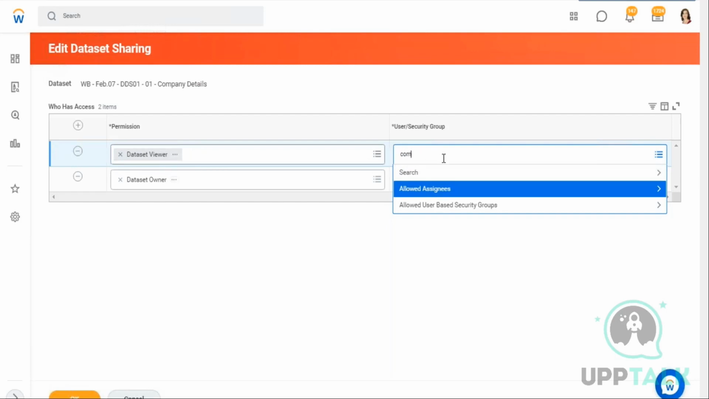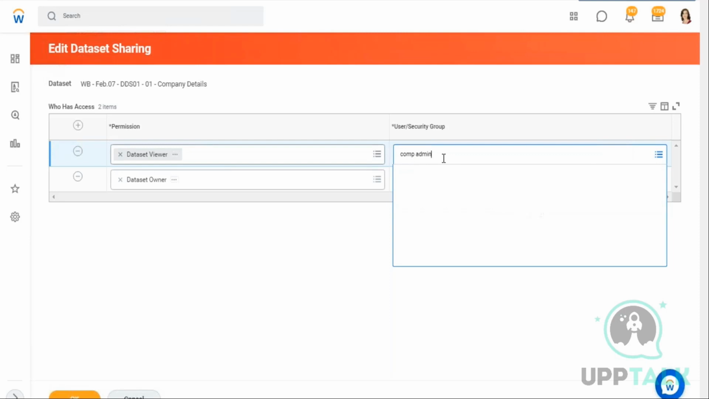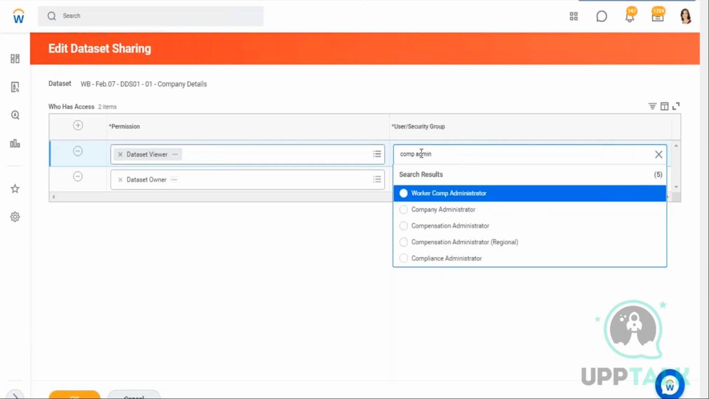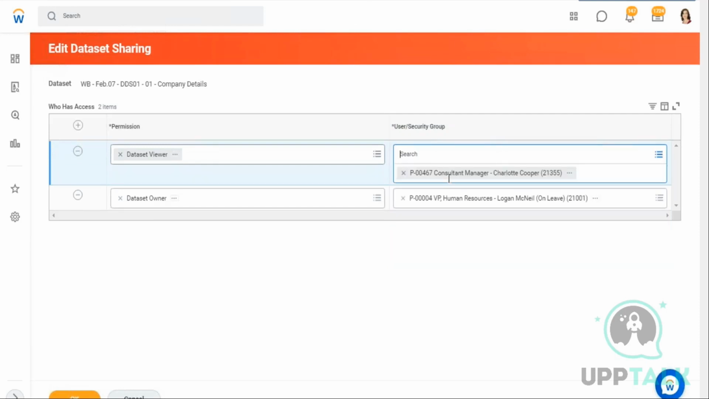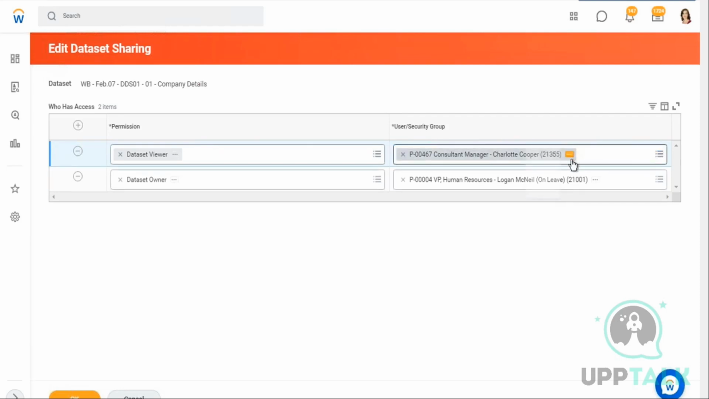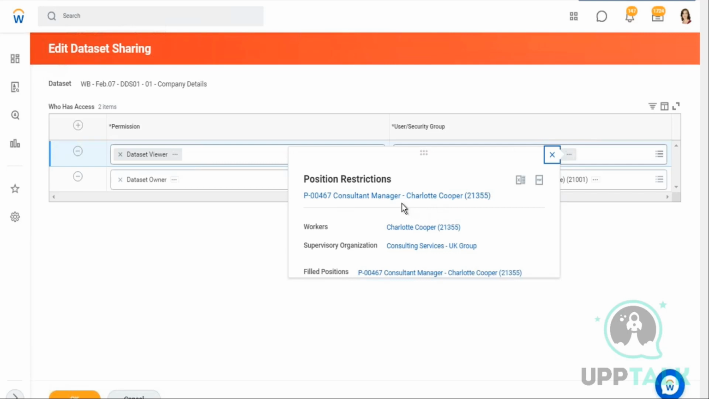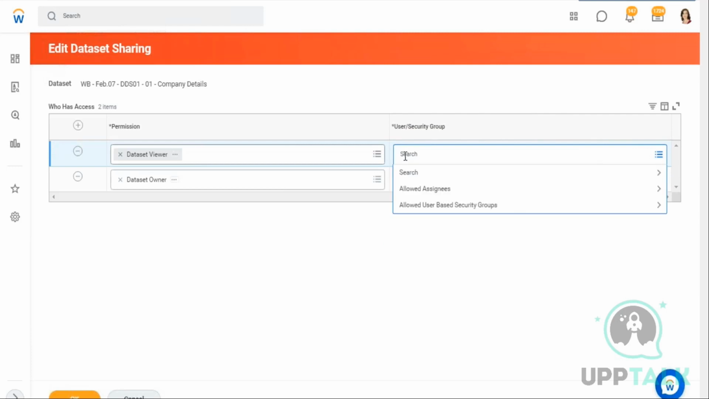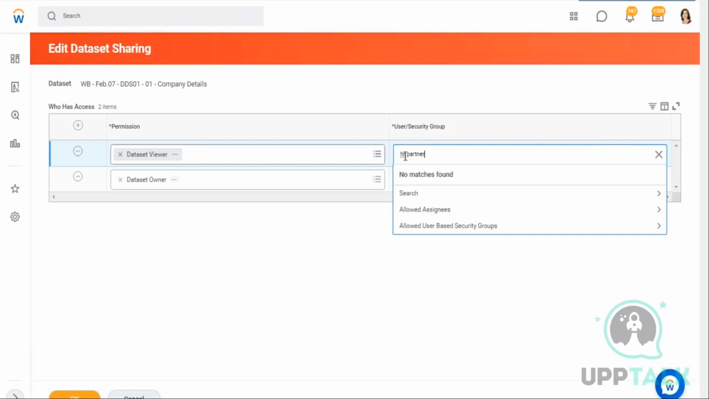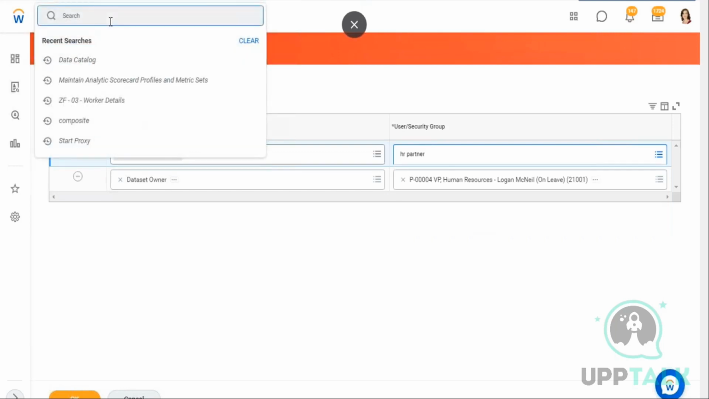So let me search for, let's say, comp admin. Okay, let me search for manager. If you see, the moment I search for manager, the system automatically assigns this role to this user. I'm not able to search for a manager role. Let me see if I can search for HR partner. Again, I'm not able to share this with HR partner. This is because in maintain assignable roles, we define